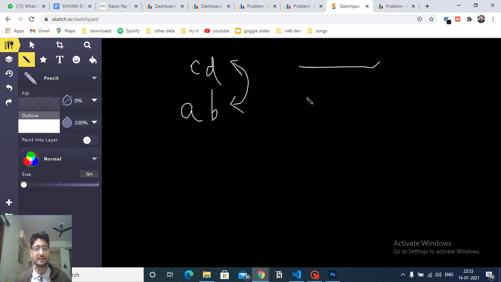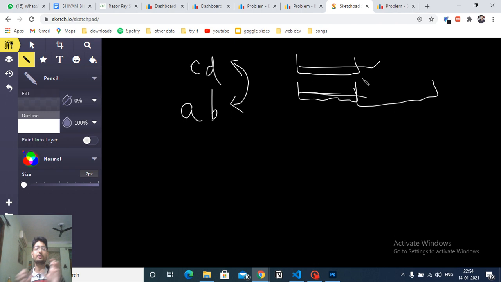So, which means that if this is the longer string and this is the string which is shorter, then the subsection taken from the start of the longer string should be equal to this one only. Why? Because you are repeating this part again and again. And if this part and this part are not the same, how can you say that these are the LCMs? I hope you're getting my point.